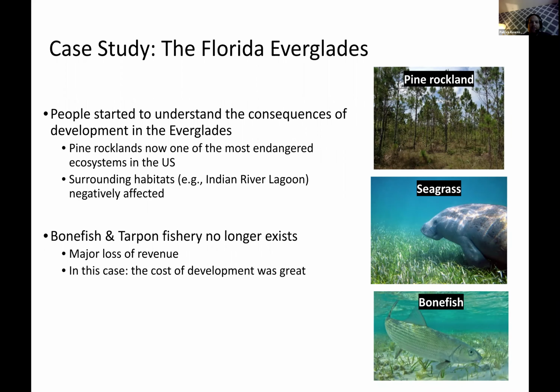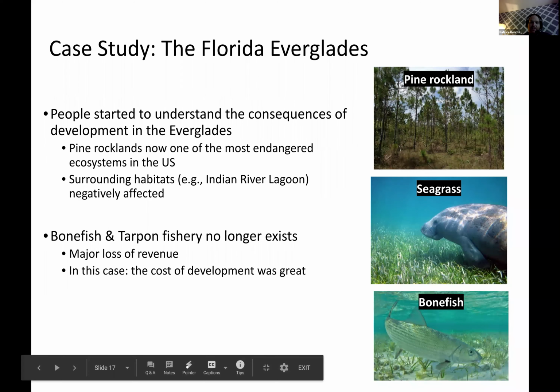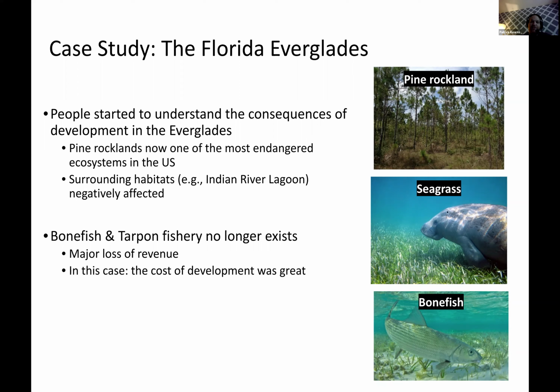And then we also saw the loss of another very valuable ecosystem, which is the seagrass beds, which if you've ever seen a seagrass bed, they're not very spectacular, but one of the things they do invite is the Florida manatee, which likes to graze on the grass, which is why Florida manatees are called the sea cows, because they like to graze on this seagrass. So just a fun fact.